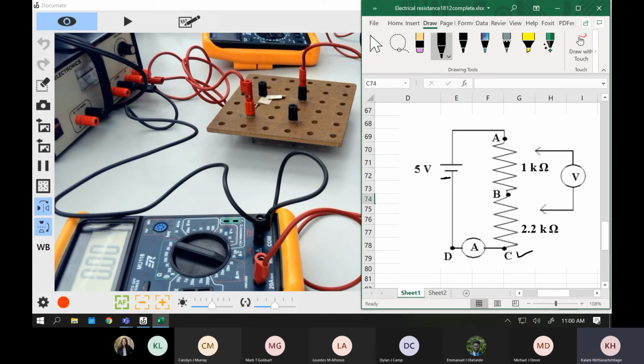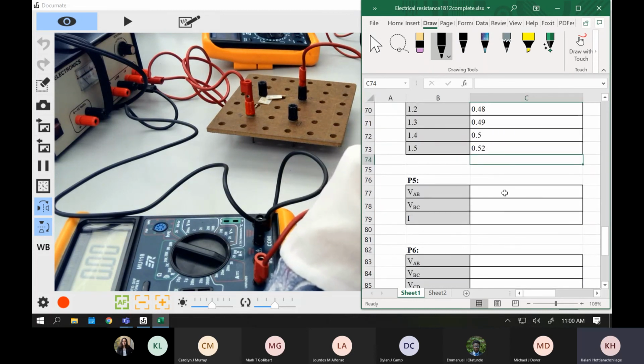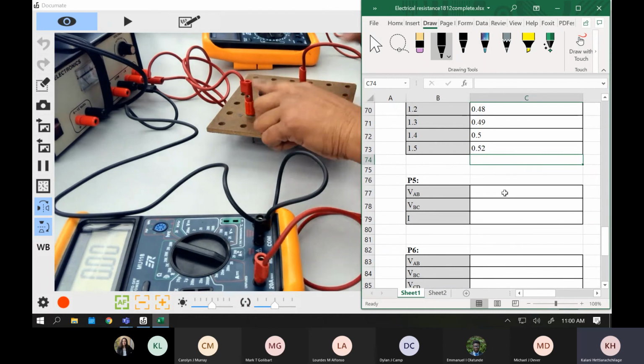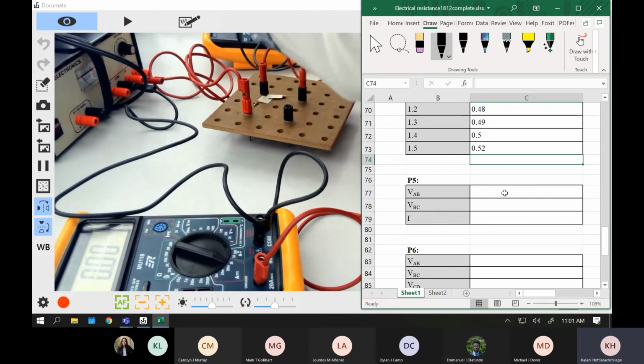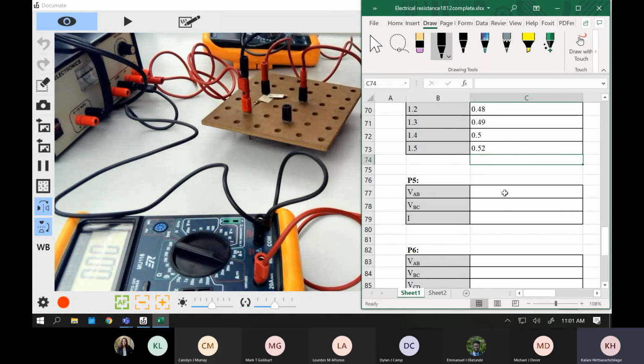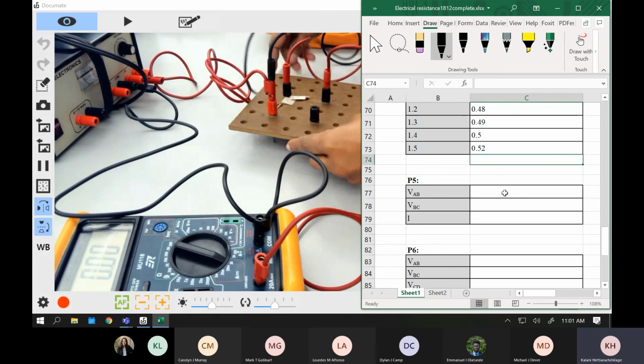Okay, good. Now we measure the voltage between the terminals we have in the table, right? We're basically going to observe the voltage of each terminal. We're going to measure A and B. A is here, B is here, C is here. A, B, C. Now you take the voltmeter and we're going to measure the voltage AB. It doesn't matter which is black and red, but connect the voltmeter into these two terminals, A and B.